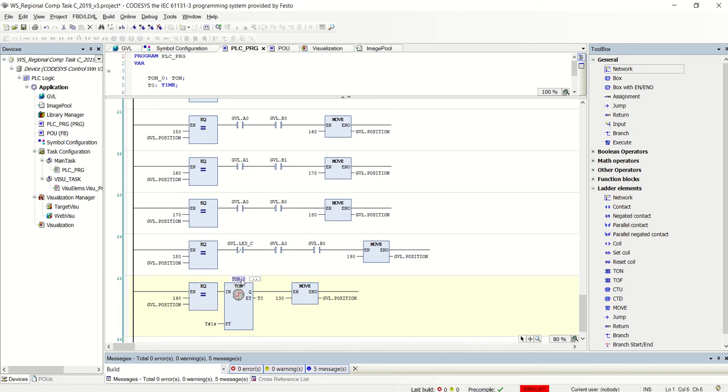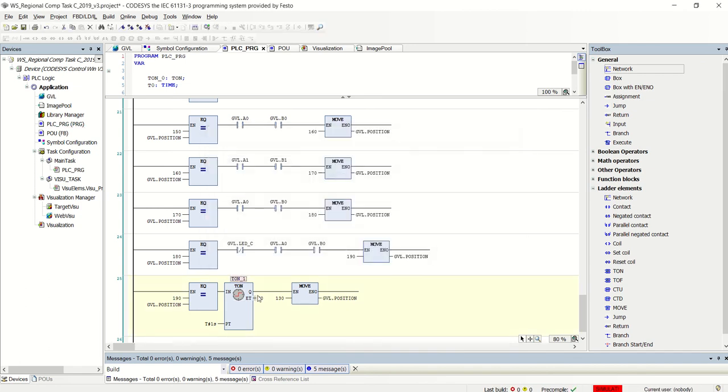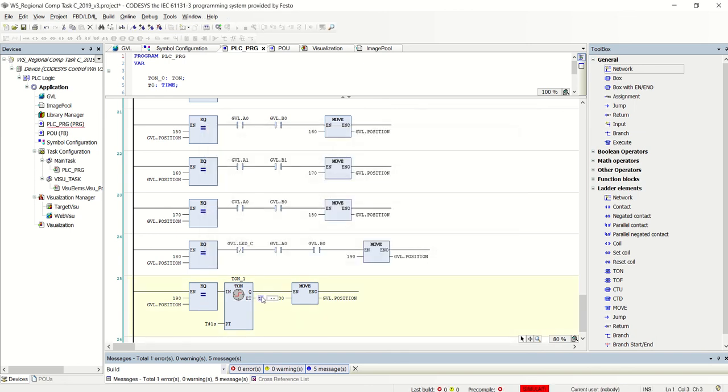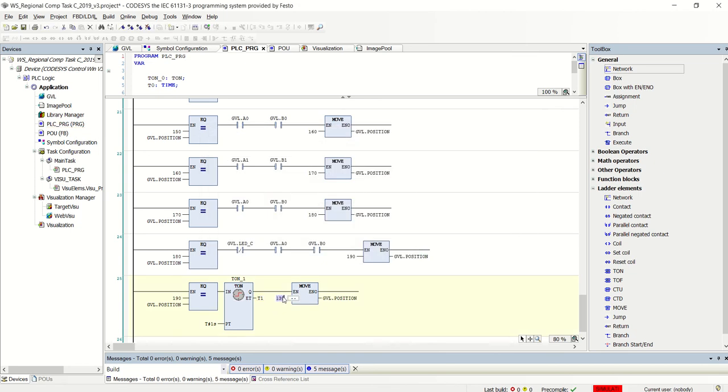But we've got to increment our timer. Remember, we have to have a new name for all our timers each time. So just initialize that. That's going to be T1. Alright, cancel that, just put in capitals, keep it all consistent. T1. And then we'll go into step 200,